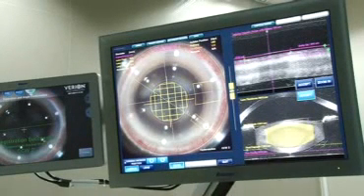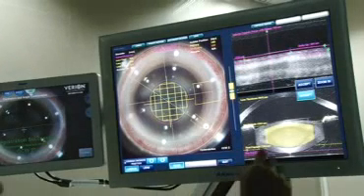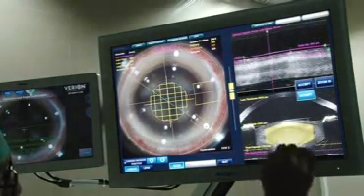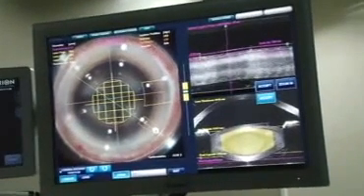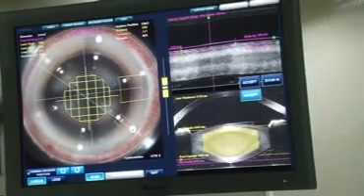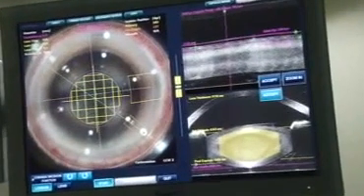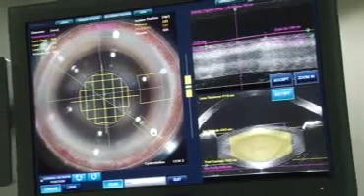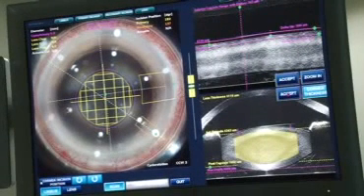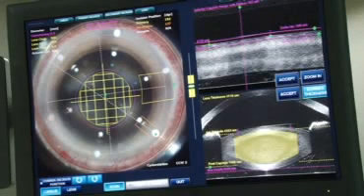Now this is the part. I want this posterior capsule to be slightly, you see this pink line? I want it slightly lower. I want the cut slightly deeper. So let's push it somewhere here and press OK. Once I accept this, we get the corneal thickness coming up. We press the corneal thickness.